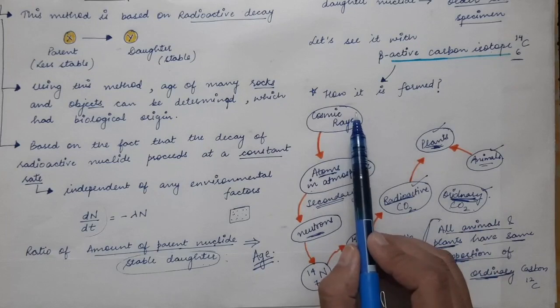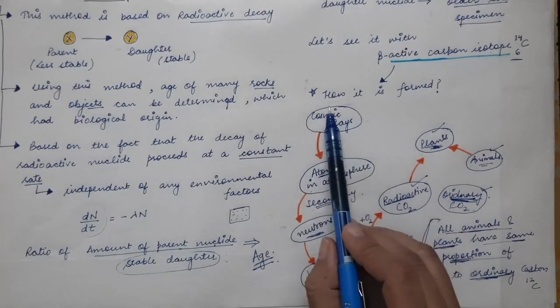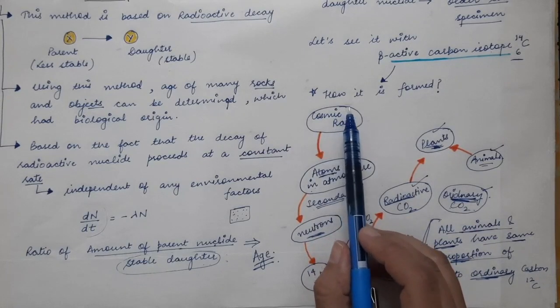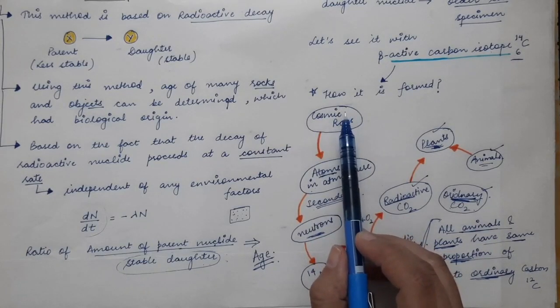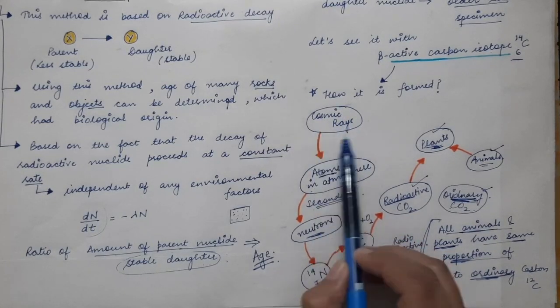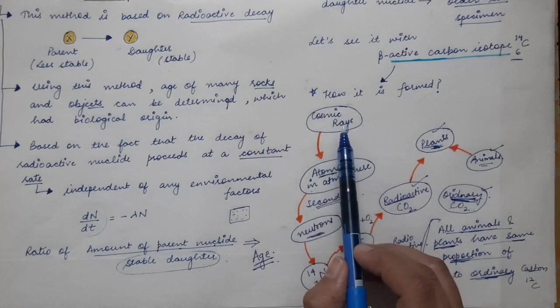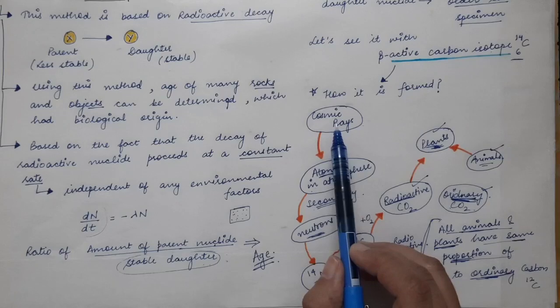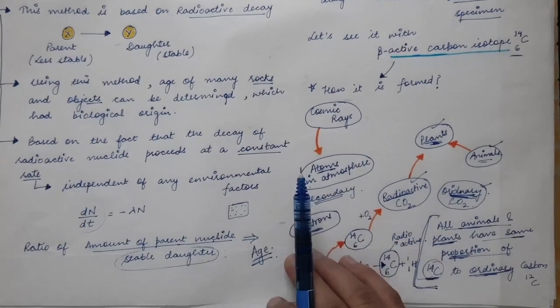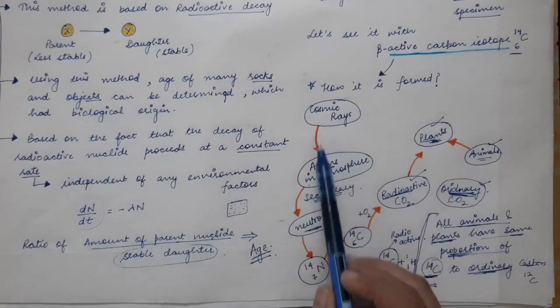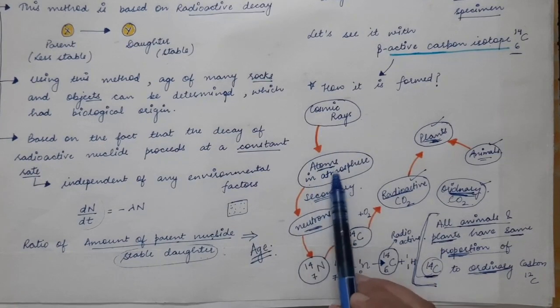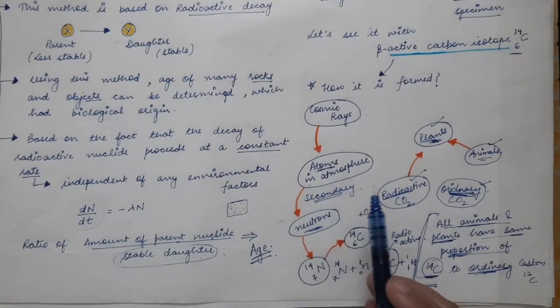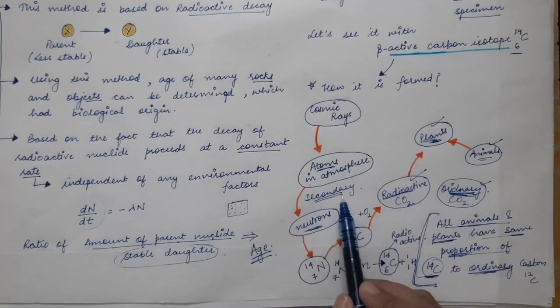Now there are various cosmic rays. Millions and millions of protons continuously strike the atmosphere of the earth, which are called cosmic rays. These are high energetic particles that continuously strike the atmosphere of the earth. When these cosmic rays bombard the atoms present in the atmosphere, various secondary particles are emitted in this collision.